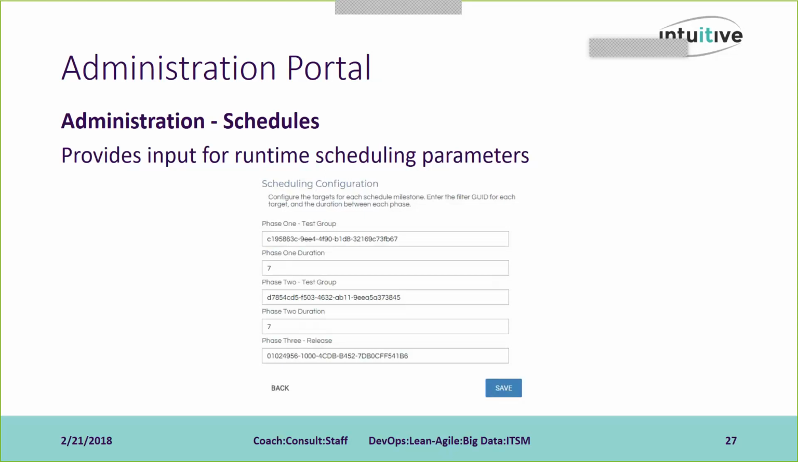Test 1 target may be a small part of the desktop group that has been put together, and they're the test or the guinea pig. Drop that GUID in, say how long you want that duration to go, 7 days. Test phase 2, here's the test group, there's their filter GUID for that target. After the initial 7 days, the workflow that's responsible for scheduling will find the next test